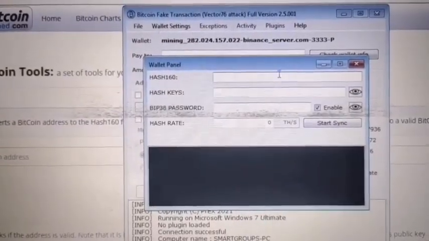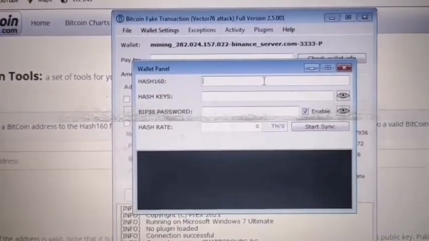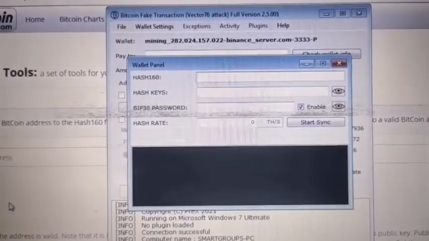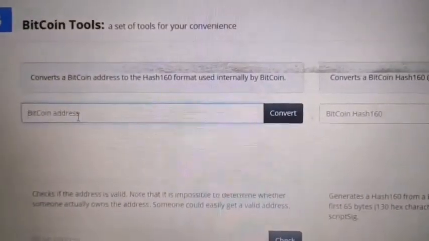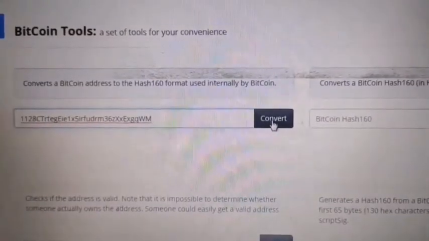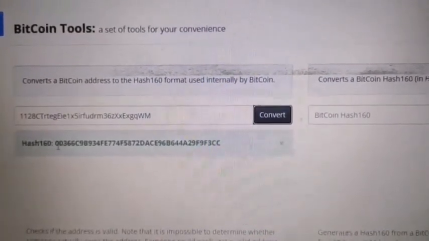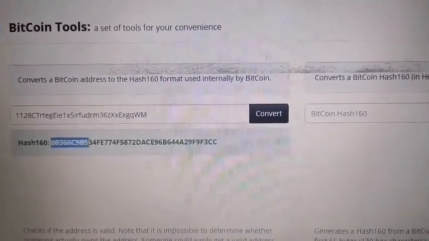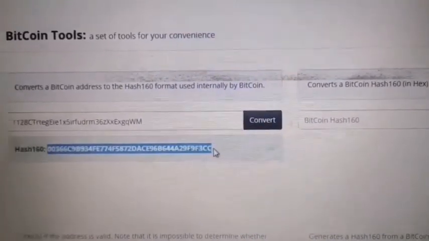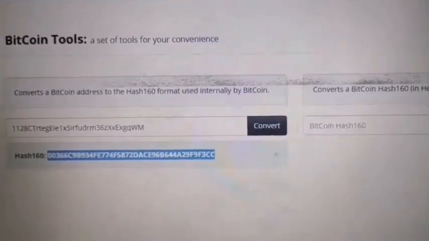Okay, so this is HackZA and I'm just going through the Bitcoin and USDT flashing software. First I just need to calculate the hash 160, which you can use any website for, to convert the address into a hash 160. Once you got the hash 160, you just copy and paste it into the tool